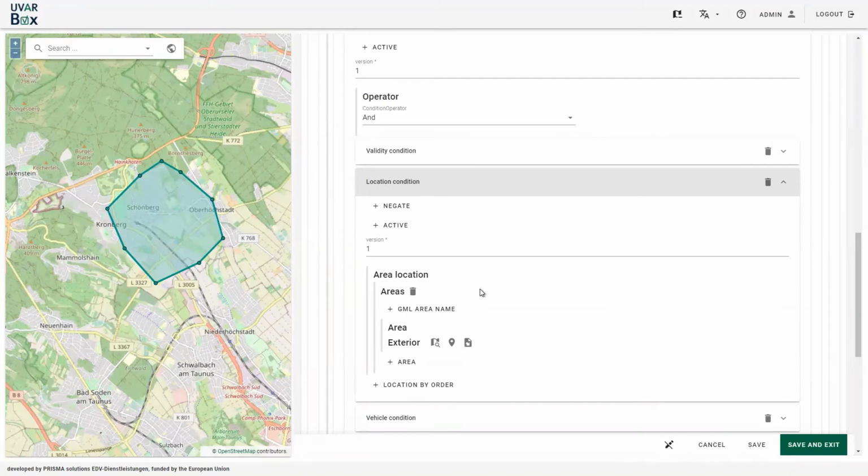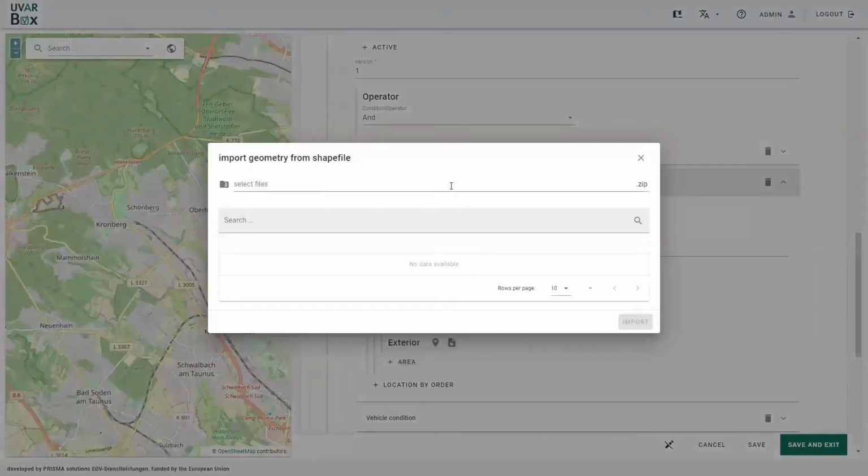If you want to remove the area of interest or create a new polygon, you can either edit the existing polygon or you can delete the area and create a new one. For example, you can also import a geometry from an existing shapefile. You have to click this button, and